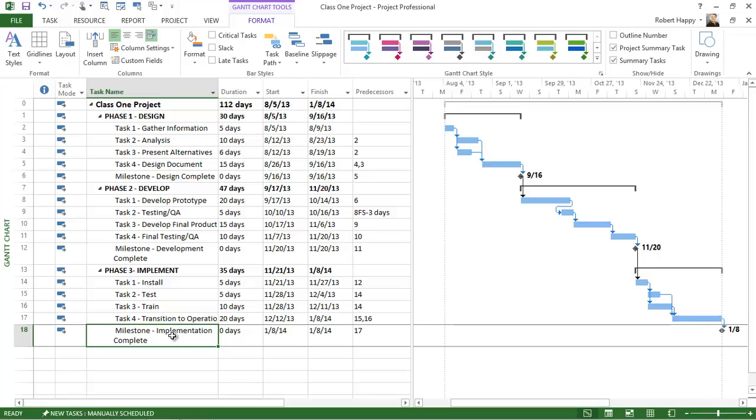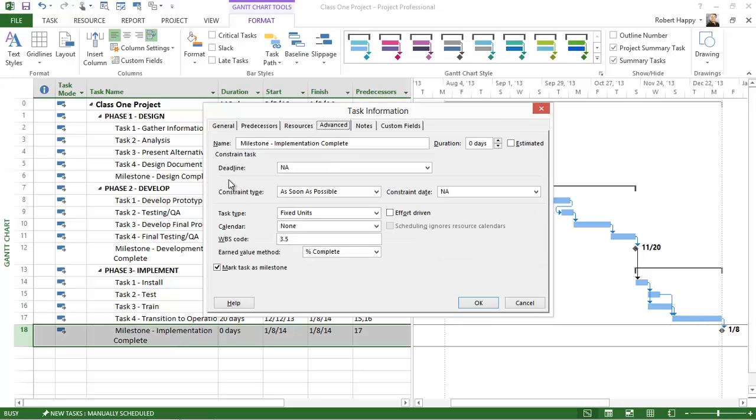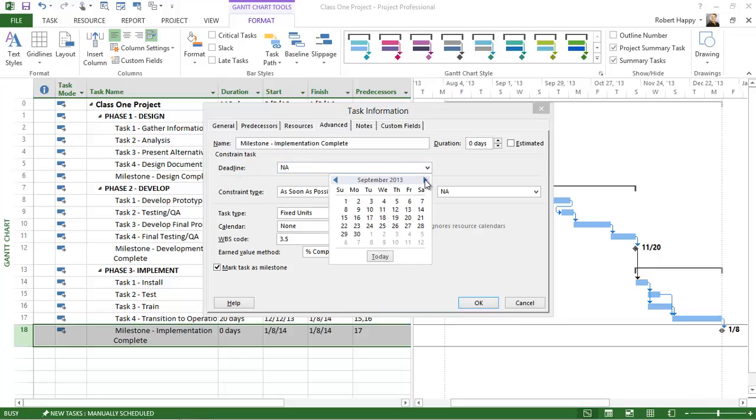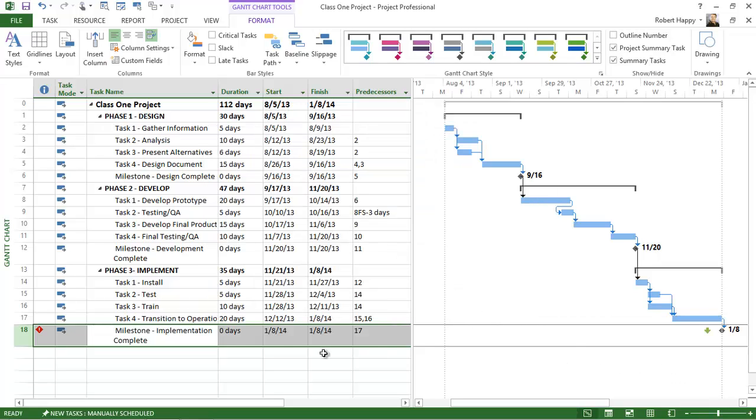I can double click on this milestone, and under the Advanced tab, you're going to find an area for deadlines and constraints. I'm just going to click on deadline, and I'm going to choose my deadline to be December 31st, 2013. Click OK. And notice I now have in the Gantt bar area a green arrow, which is my deadline, and my milestone,